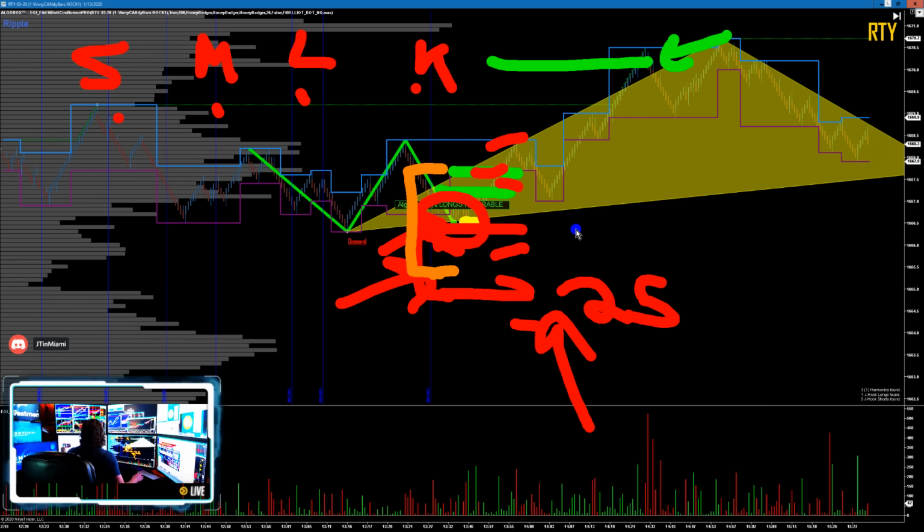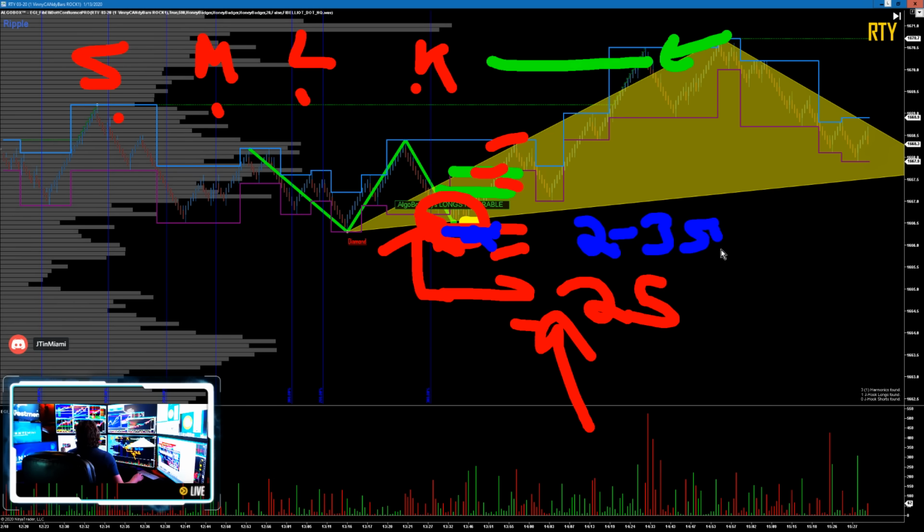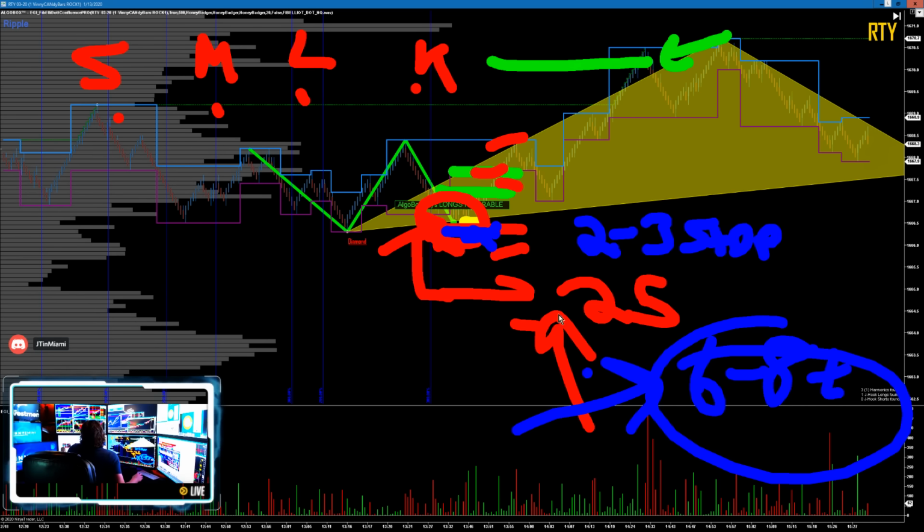Here we go. So keep your stop back there, and then we're closing out as anything gets back here. So if this were to lose, if we were to break, boom, I'm out right here, okay? I'm trying to get a 2 to 3 tick stop. Now, our average is 6 to 8 ticks. On most of our strategies, our average stop loss is 6 to 8 ticks. So if our average stop loss is 6 to 8 ticks and our target one is 10, right? How about I just do the number, huh? 10 ticks for our winners.